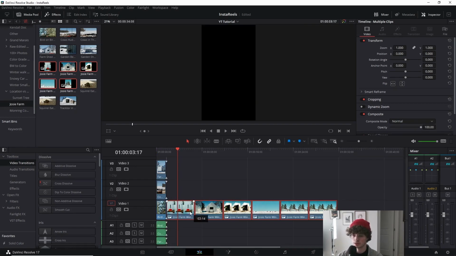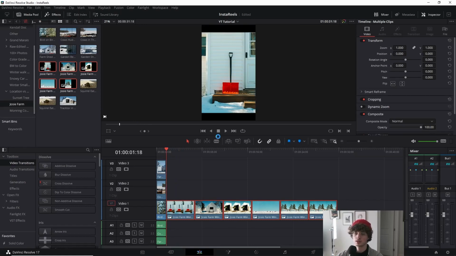So we have our photos in, and now is where you're going to want to have your song. Instagram Reels allows you to use regular music. You don't have to use copyright-free music. Same thing with TikTok, same thing with YouTube Shorts. So for my audio, to make sure I'm lining up and cutting on the beats of the song, I will go on my phone and look for a song that I like, a song that I want to use, and I will just record that into DaVinci Resolve